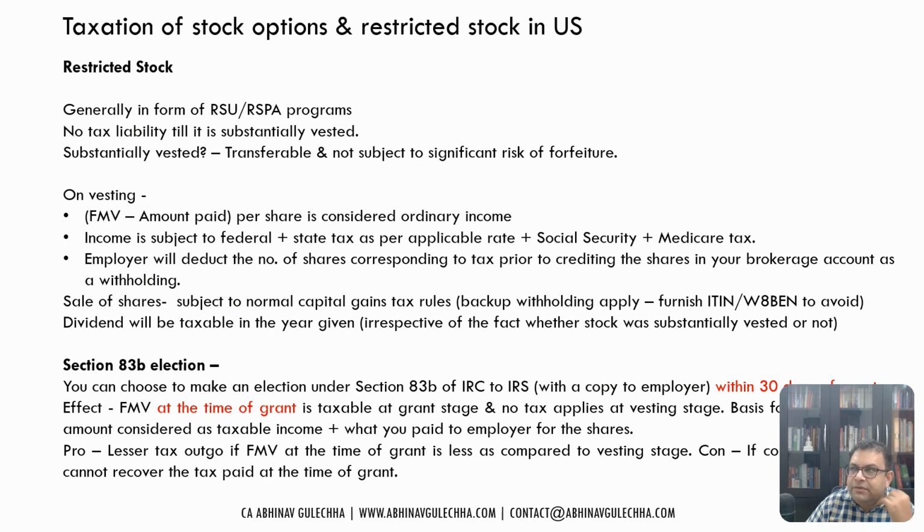But if it's a very early stage company, the prospects of the company look good, the company has just been formed, FMV is very low, it's a very, very useful thing to make an election. However, one more con is that if you are an Indian resident who is subscribing to an unlisted company in the US and making an 83(b) election, at the time of vesting, India will still tax you. India will disregard the 83(b) election that you have made in the US. So the tax liability in India will still be there.